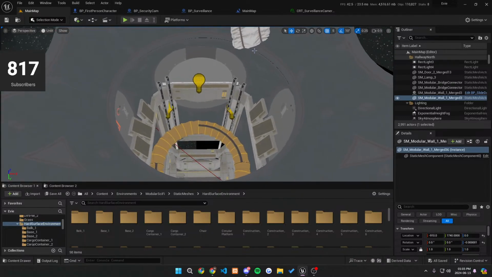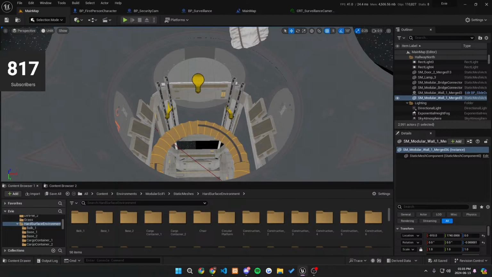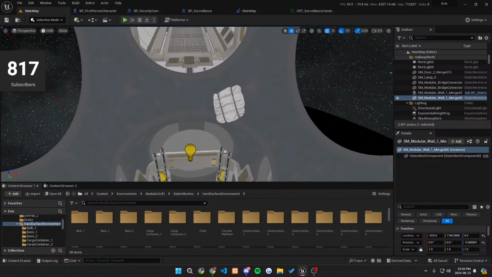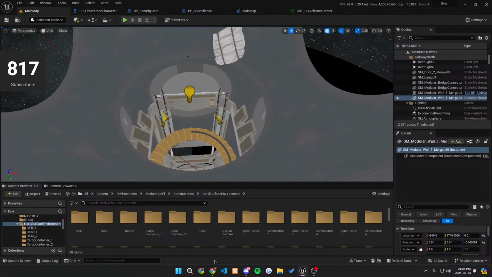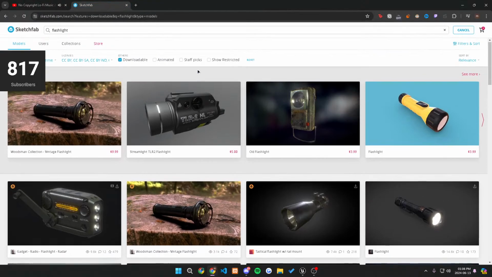I'm trying to figure out how I want to do it though, because obviously if I have a hole right here with physics, they'll just fall through it. So I'm thinking about putting some type of... let's see if I can go on Sketchfab and find something. But I want to find some type of like,